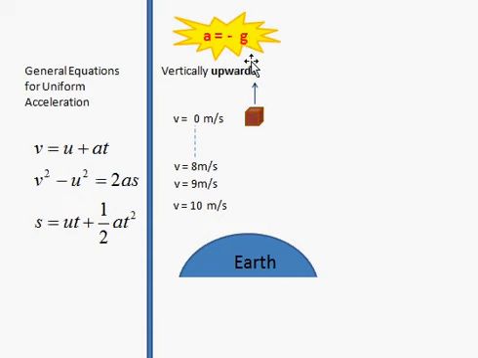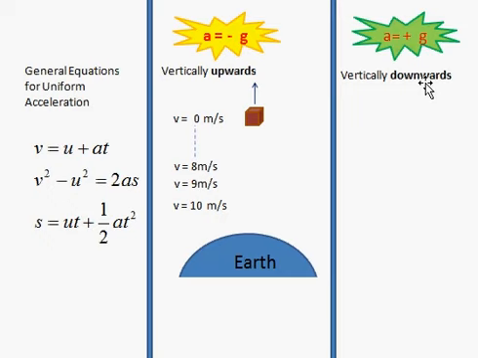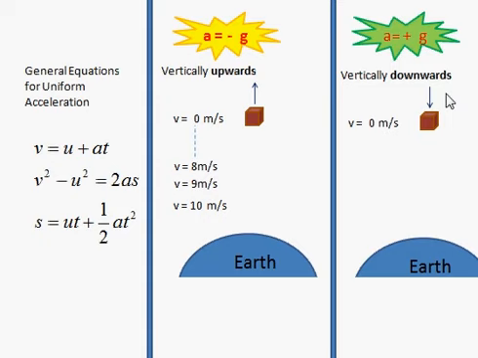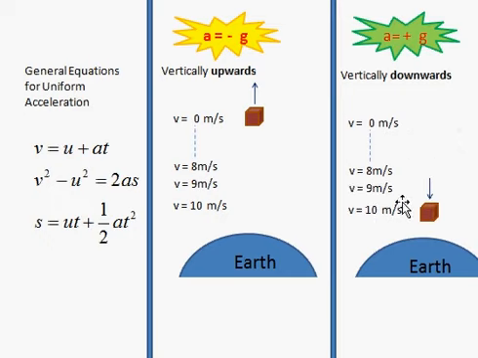Now let us see what happens in the vertically downward direction motion too. Now I have written here plus g instead of a. Just imagine, let's allow a particle to freely move vertically downward towards the earth. The particle or body picks up velocity and it increases as it reaches the earth. Why does this happen? Because the earth utilizes its entire mass to bring the body towards its fold. But at what rate? Here it is, 9.81 meter per second. Simply we can say in terms of acceleration like this, 9.81 meter per second square.